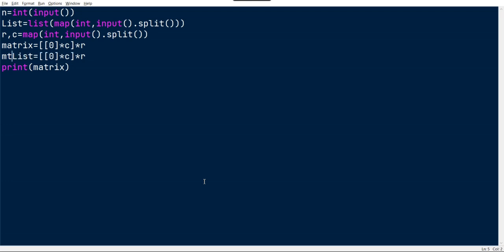Empty list equal to this C will become here star C, and this will be a single dimensional matrix, which is nothing but a list. So let me print that also. Print of empty list.